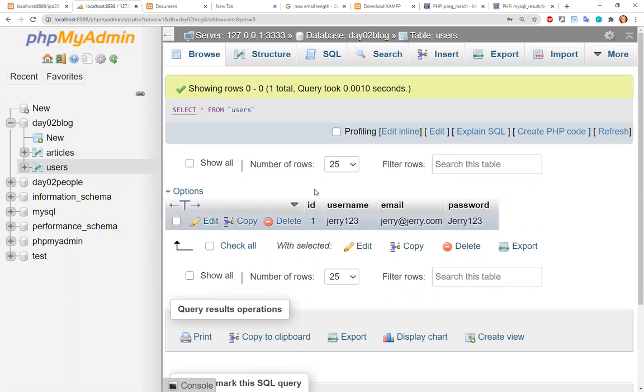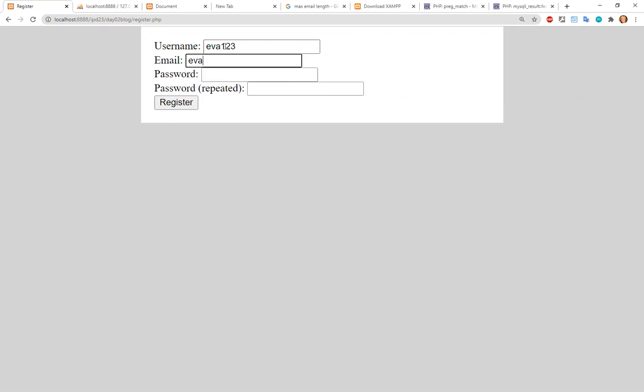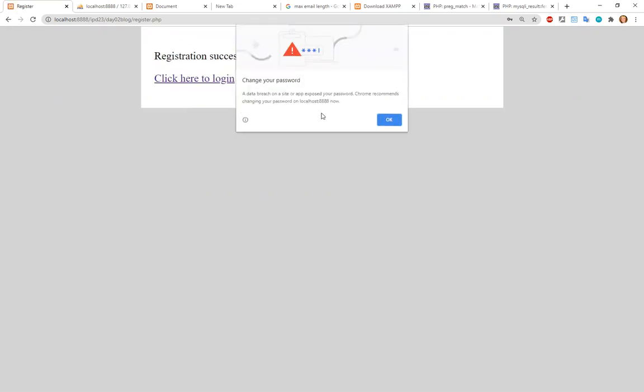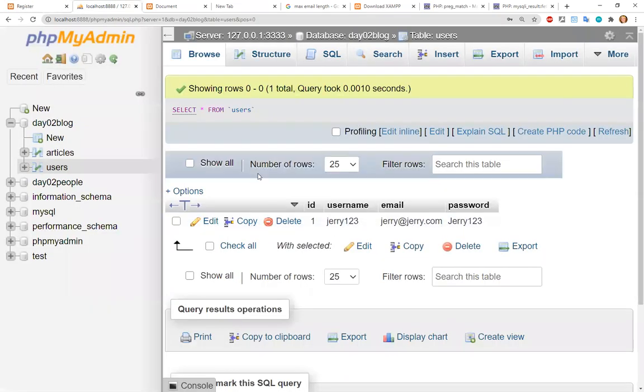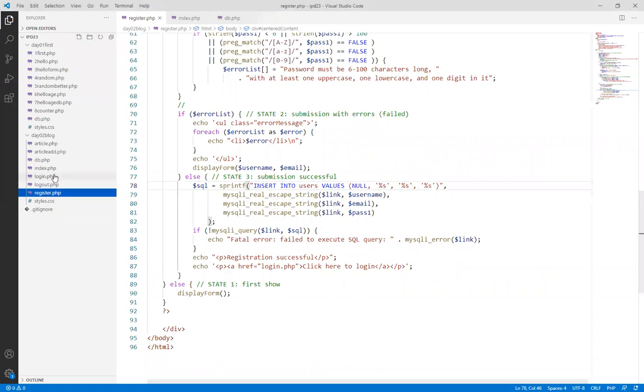But the user registered, right? Let's just try one more just to make sure it works. So I'll go back to register and let's do Eva123, eva@eva.com, eva123, eva123, register, and there we go. Okay, now the passwords here are stored plain text, so that's something we should avoid in real systems, but it's good for starters. Okay, so I got 2 accounts. We're okay. Now I'm going to do login